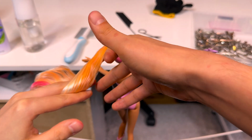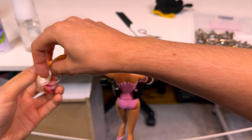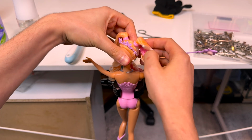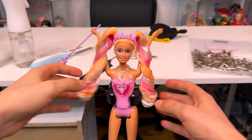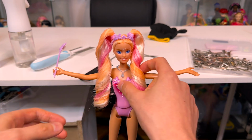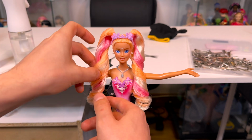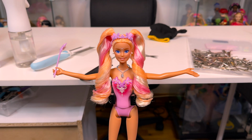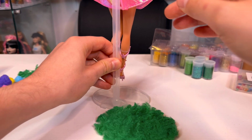So yeah, and then I just spent a lot of time finessing it, trying to get some nice pops of the pink and the purple and the blonde, kind of where I want them. And then I decided it would be fun to maybe give her a little grass on her stand. My friend told me, oh, you should do a fun fairy themed photo shoot, and use moss and build a little set. And I was like, well, I don't really feel like building a whole set, but it might be fun to try and